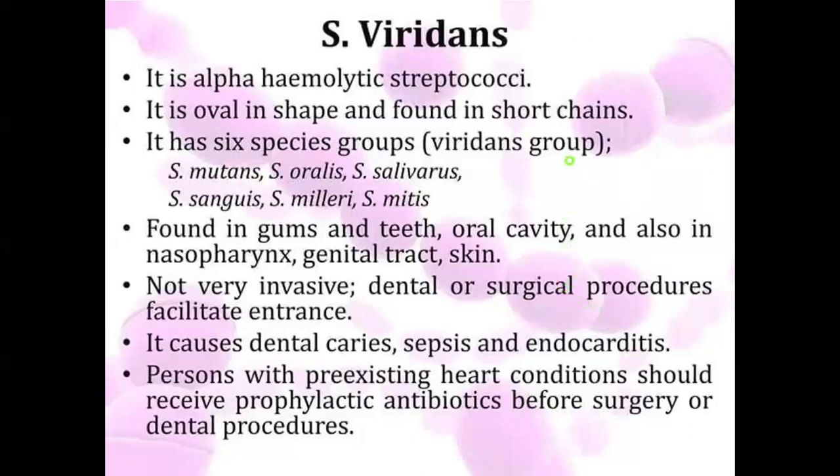Then we go to viridans strep, from the mnemonic. Viridans: alpha-hemolytic, oval in shape, found in short chains. There are 6 species of viridans. The most common that you'll be asked in the exam is mutans. The rest are not relevant. Why I say that is because mutans,